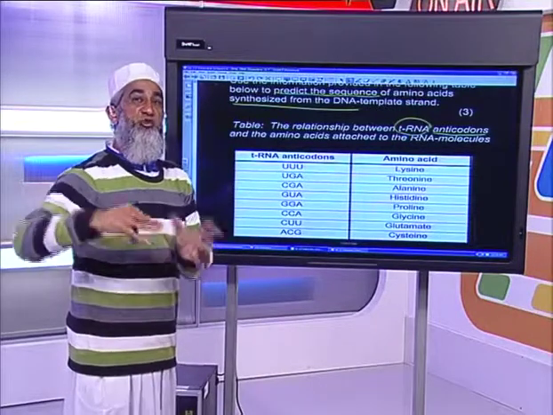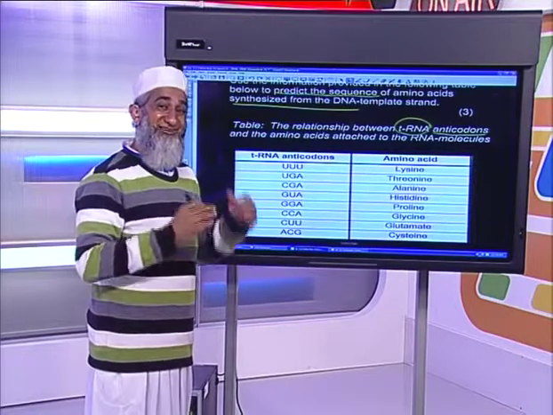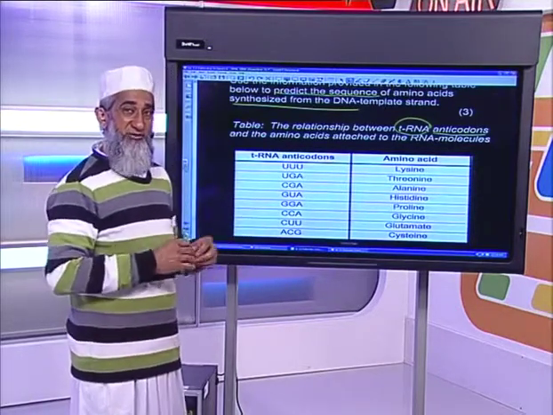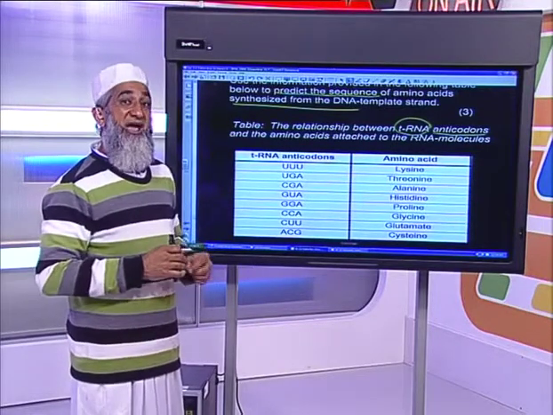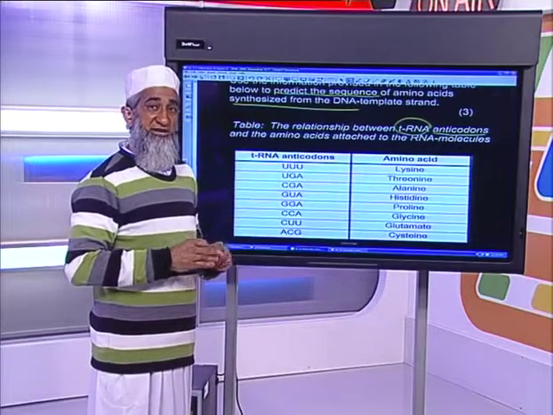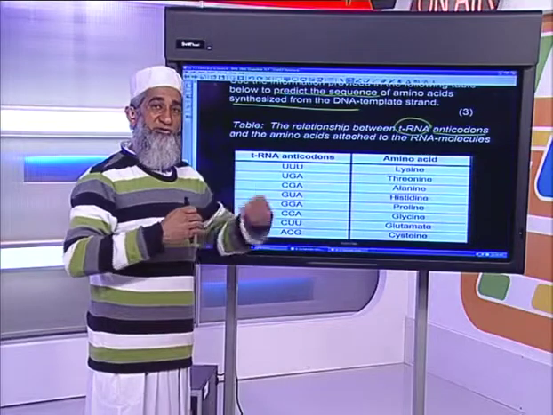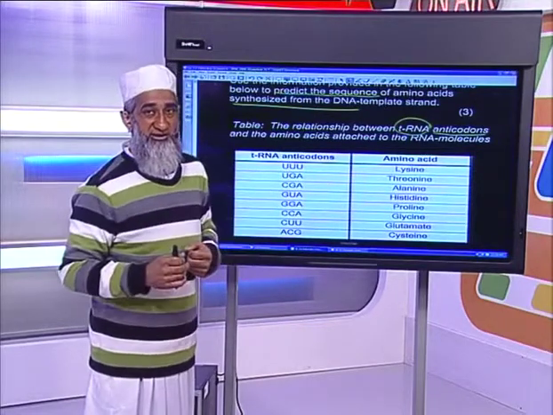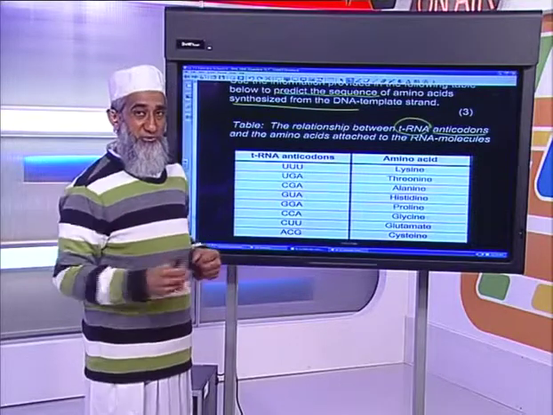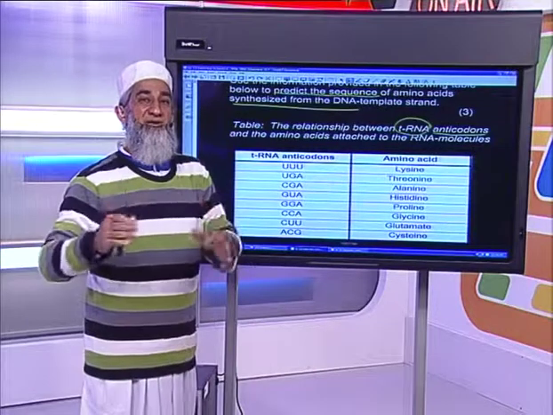Now, Samuel, just to go back to your story, translation, first of all, takes place in the cytoplasm. It's the process where transfer RNA picks up amino acids from the cytoplasm and brings them to the ribosomes, where messenger RNA is stationed, and uses the code provided by messenger RNA to combine, because the one would be the codon, messenger RNA, and transfer RNA would be the opposite, the anticodon. But each transfer RNA picks up a different amino acid.